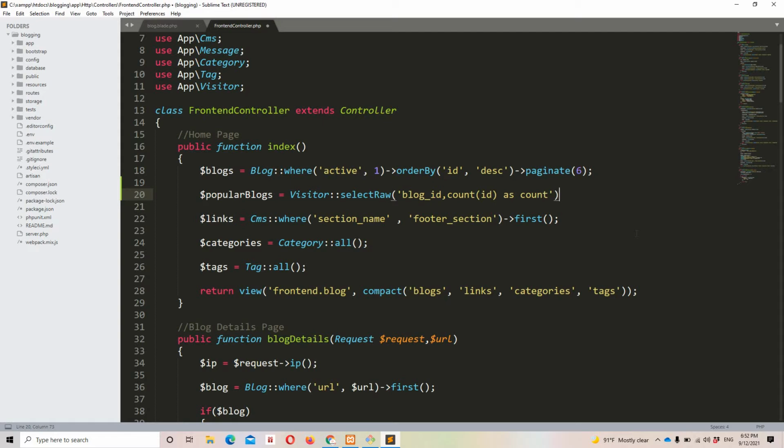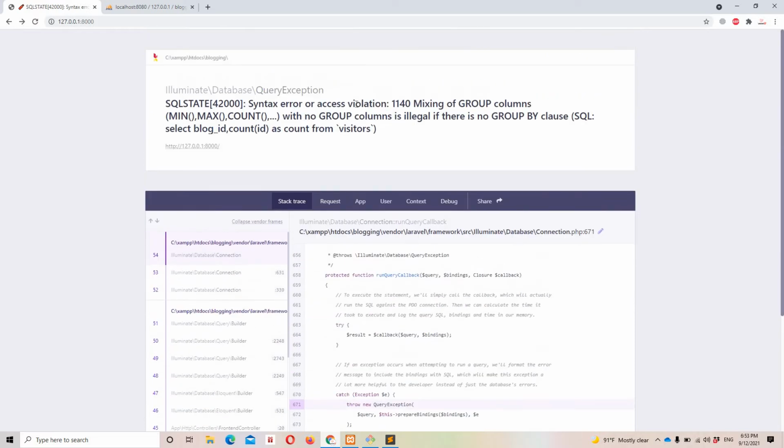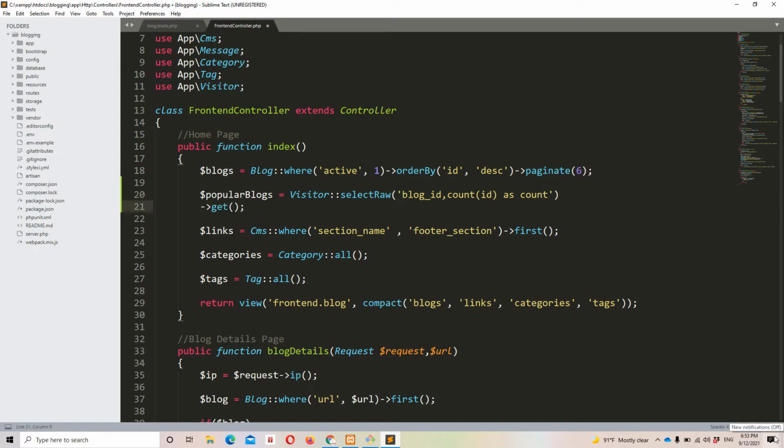Now what I need to do is simply get, but this is going to throw an error because we are trying to group multiple things without assigning anything. Let me show you with an example. Let's do a refresh right here. Okay, now if you see the error: syntax error or access violation, mixing of group columns with aggregate. So what I need to do is simply group it with the help of blog ID.